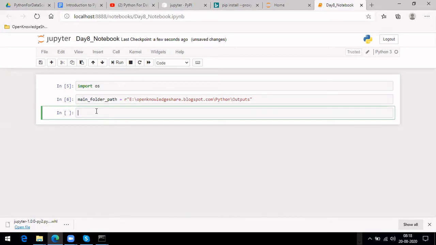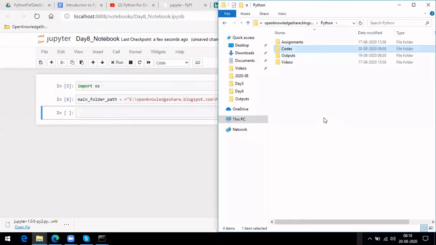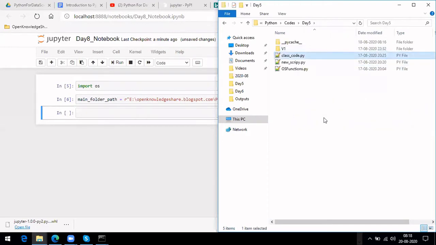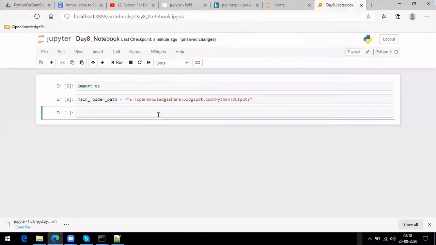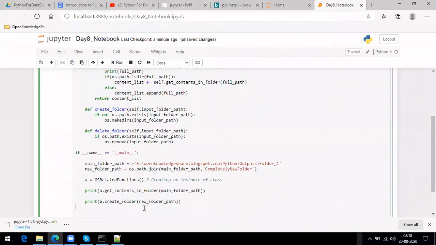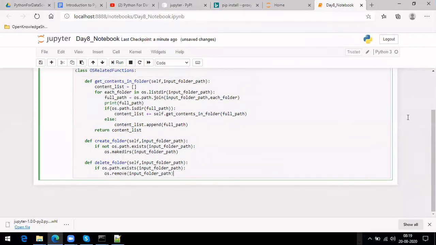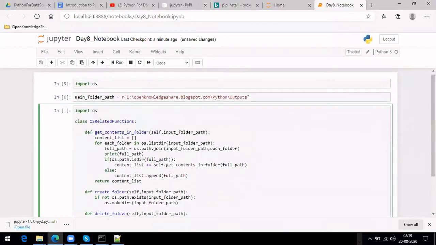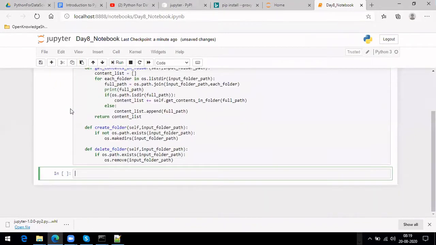So let's try something. Let me copy the class whatever I have here, what we defined earlier in code 5. Let me copy it here. This main is not needed, just the class. The import we have done already, so I'm not doing it again.